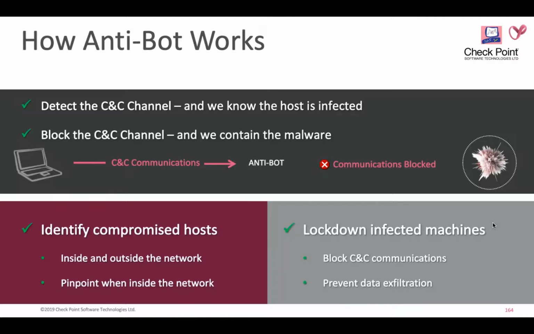So what it does is that, let's say that today you have installed anti-bot, it's going to look for any sort of a CNC communication that your endpoint is forming with any sort of a botnet, right? Then it checks the CNC channel. It takes out the destination address of that CNC channel and checks in its database based on heuristics. Heuristics could be IP reputation, similarity of the titles, domain reputation or a blacklisted domain, etc. It's going to look for all these domain heuristics, right? And eventually it's going to decide whether this was found to be malicious or not.